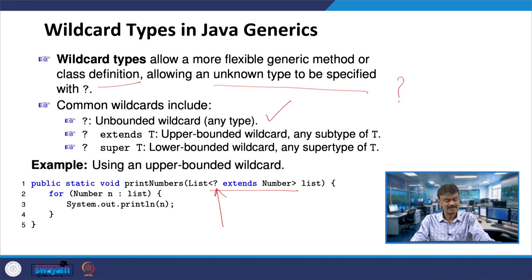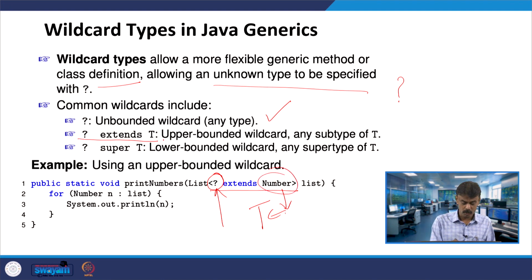Previously we talked about T. When we write question mark extends Number, assume that Number is T. That means this can be any subtype of T, that is, any subtype of Number, and we call this an upper bound wildcard.